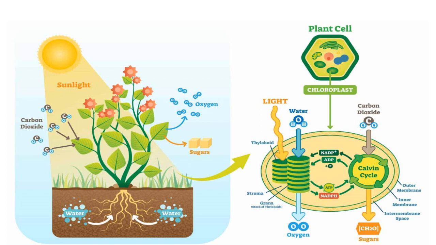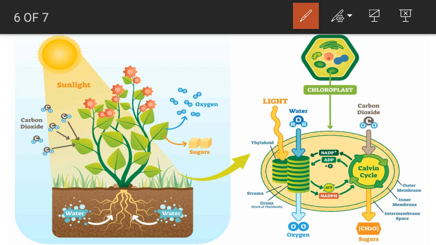Now this is the summary for the overall view of photosynthesis. Here you can see a plant is gathering all its components for the process of photosynthesis. By the root it is absorbing water, by the leaf it is trapping the sunlight. Here carbon dioxide enters via stomata in the leaves and oxygen leaves via stomata. The ultimate product of photosynthesis is the sugar molecule.